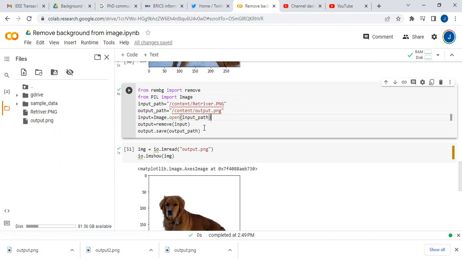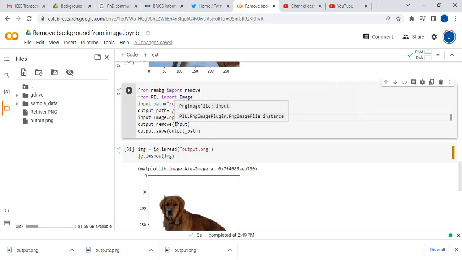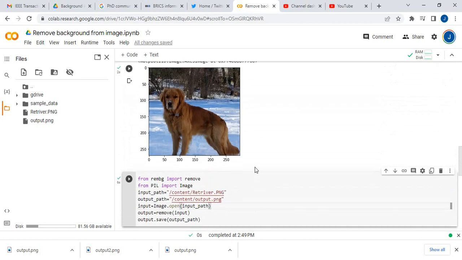And once you create this output path, then you say output is equal to remove(input). So what you mean is that the value of output should be whatever this function known as remove does to the variable known as input. In this case, the variable known as input is this particular image. So you have called the function known as remove, and you wanted to remove the background from that particular input. Then you save the value in this particular path that we have talked about over here. After that, you can display the modified image after you have removed the background. And if you compare this image with what we had here as the initial image,